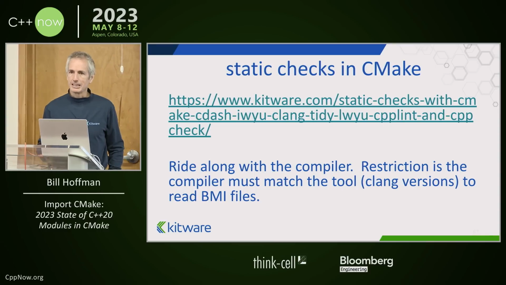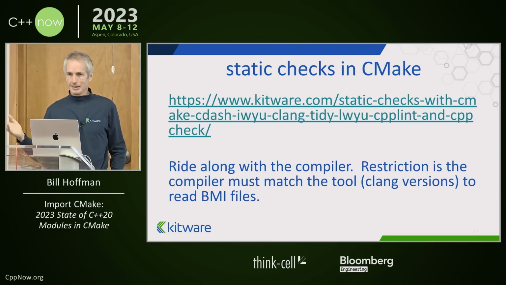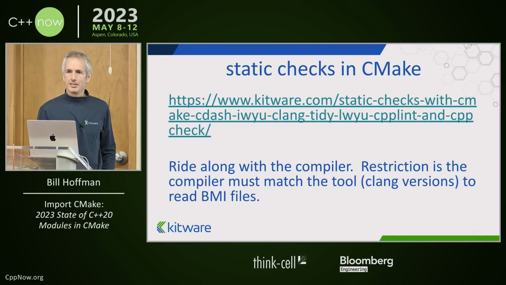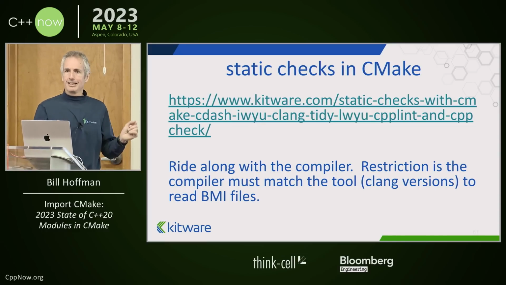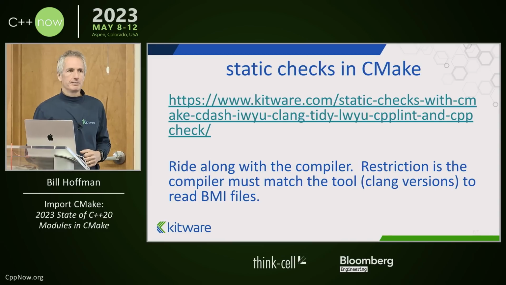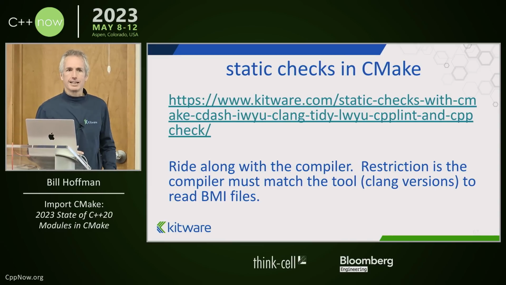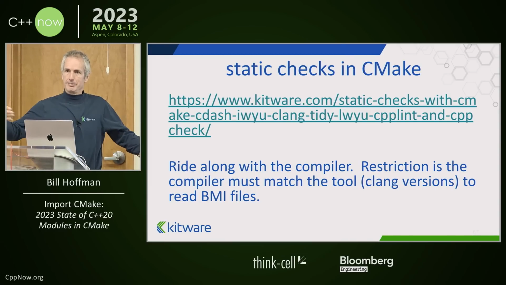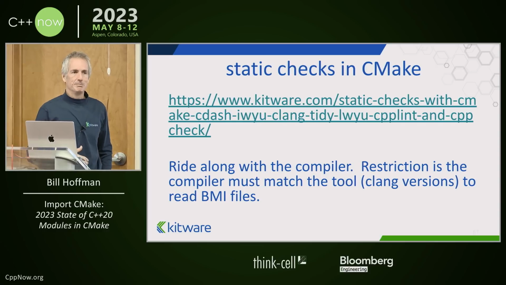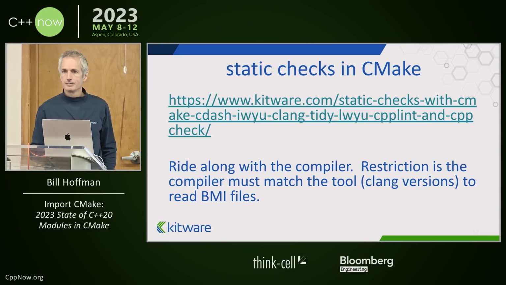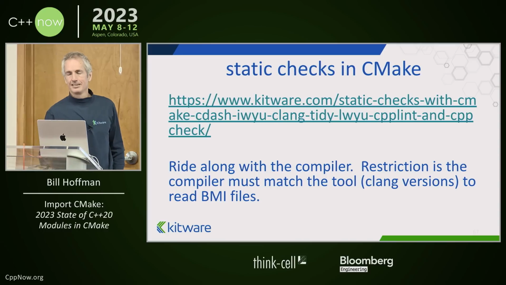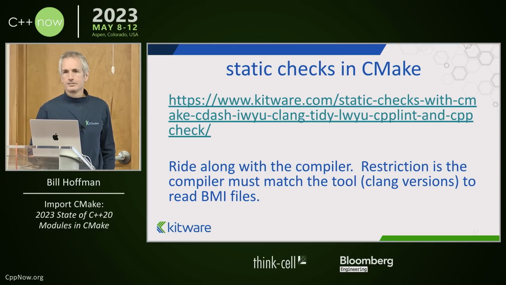So that might be pretty limiting. And we're also working on exporting a JSON file, but you'd still have to do your entire build and then collect up the JSON file information to do static analysis, because you're going to have all the BMIs already existing. For current non-modular code, you don't have to worry about patching Clang versions, right? Right. But with modular code, because the BMIs are sensitive to even compiler versions, they have to match,